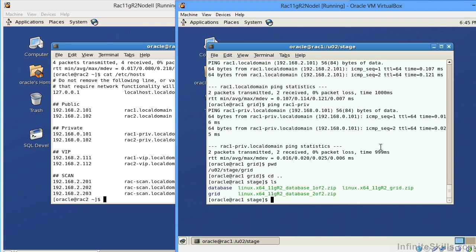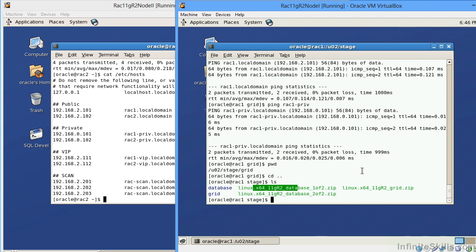The Grid Infrastructure Architecture does two things for us. It brings in the cluster software, and it also brings in an ASM instance, as well as enables us to configure the ASM instance. You can see here that I've already downloaded this from Oracle. So I have the Linux 64-bit 11G R2 grid, as well as the 64-bit database, and those are going to be 2 separate downloads. We have a total of 3 downloads here, 2 downloads for the database and 1 download